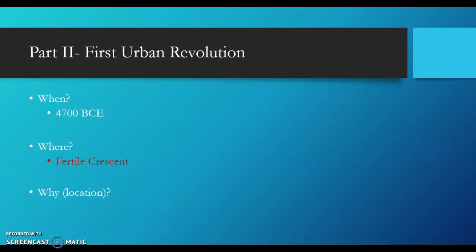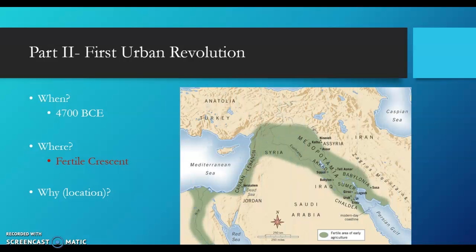These early cities were found in an area known as the Fertile Crescent. The Fertile Crescent today extends from the eastern Mediterranean countries like Israel, Lebanon, Syria, Jordan, and extends into modern-day Iraq and Iran, along the Tigris and Euphrates rivers, at the foothills of the Zagros Mountains in Turkey. This area